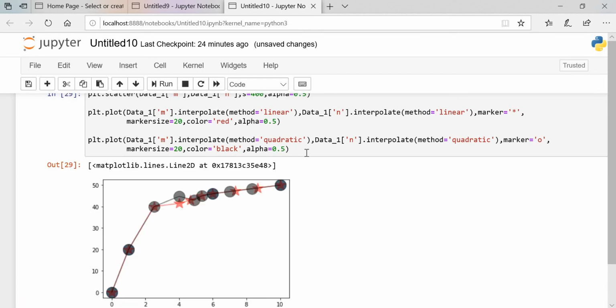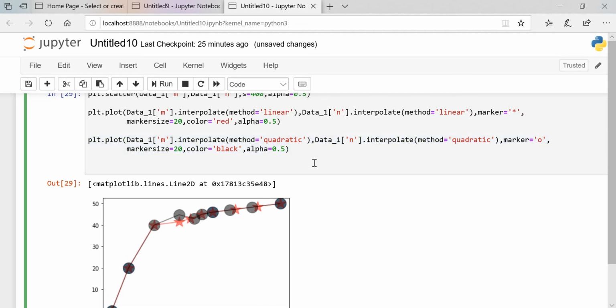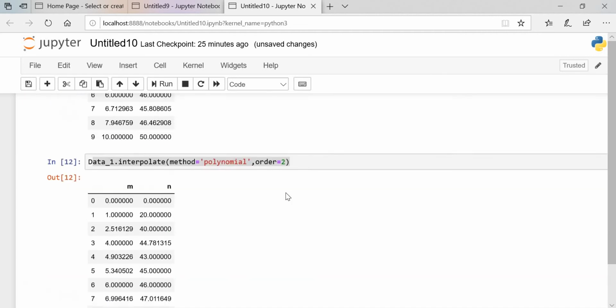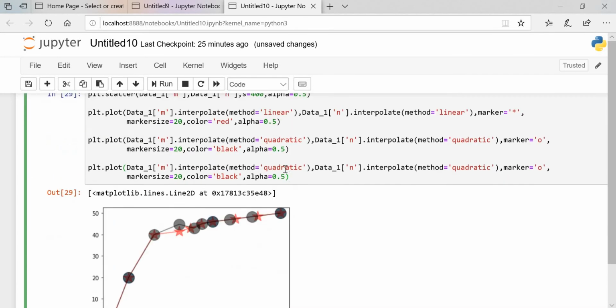Okay, everybody knows that interpolation is to fill the NaN, right? But how this will look, the difference between each of the methods, we can see in the graph, right? Now we'll go ahead and plot the next one. That method is the cubic method. Okay, so cubic, I'll put it here.